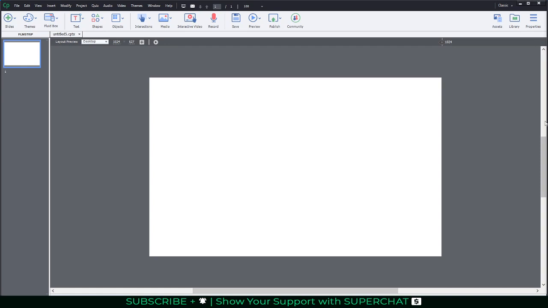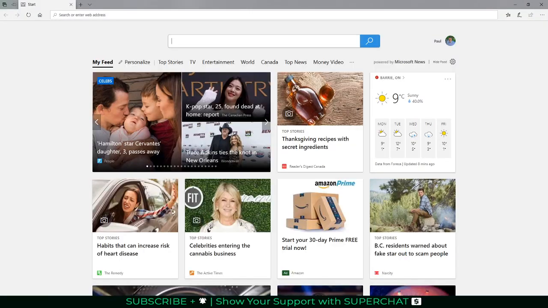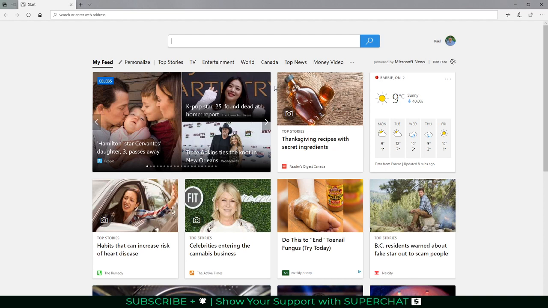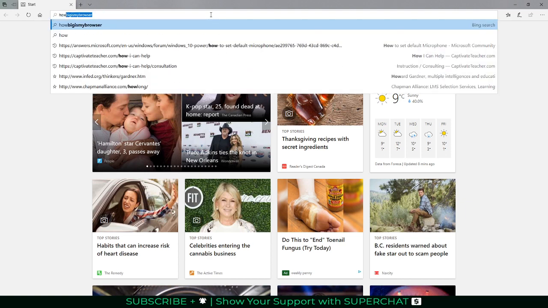Let me share my desktop with you guys for a moment here. Now I've got Captivate open. A big part of that conversation will also dictate things like whether you're going to be doing responsive design or not. So a great website or a great tool that I use to check out what kind of resolutions, what kind of aspect ratio I need for an e-learning project is how big is my